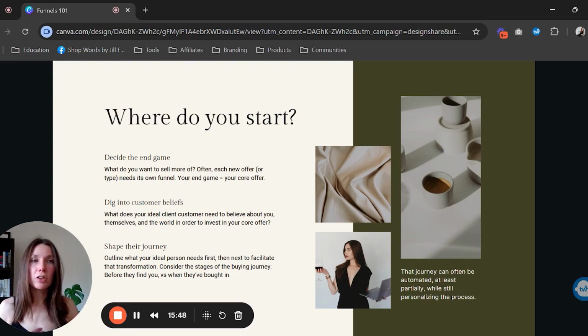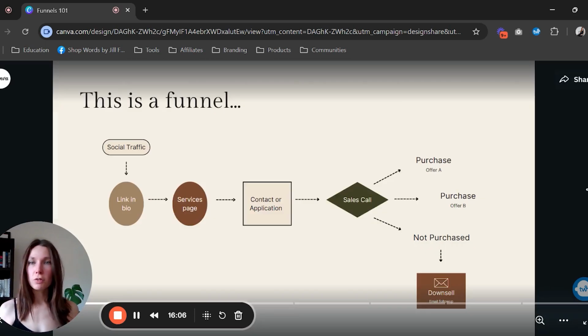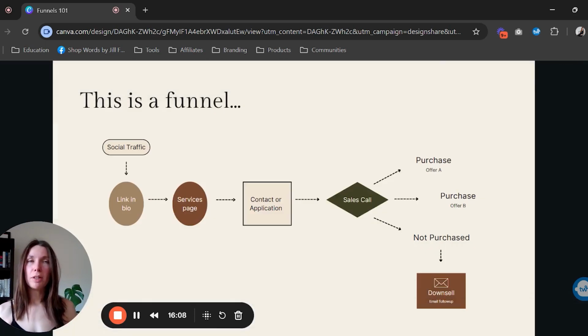But often we think of funnels and we think, oh, I need all that tech first, but you really don't. You can do a lot of this manually first and then start to automate pieces of that. So if we go back to this really simple funnel that is common for done-for-you services,